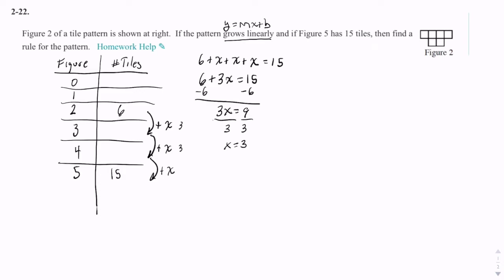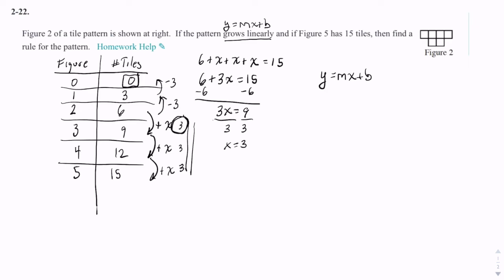3, 3, 3. So this is 6, 9, 12, 15. And that means going backwards, I'm going to subtract 3. So this would be 3, and this would be 0. So now, if the equation is written in the form y equals mx plus b, which linear equations are, I know that the b is 0, and what I'm adding each time right here to get to the next one, the 3